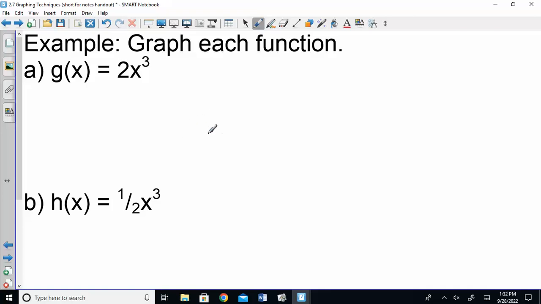All right, so first thing I would want is a parent function. What is my parent function? And the parent function is just the x cubed. Your parent function is one of those basic functions that we've been working with. So we've had like x squared, a square root, x cubed, a cube root, absolute value, all of those different things. So if I want to graph x cubed, and I know I have to have at least 3 points,